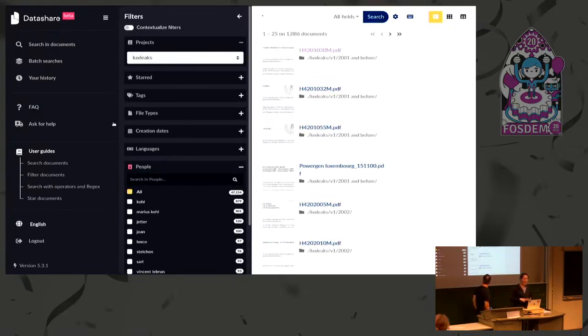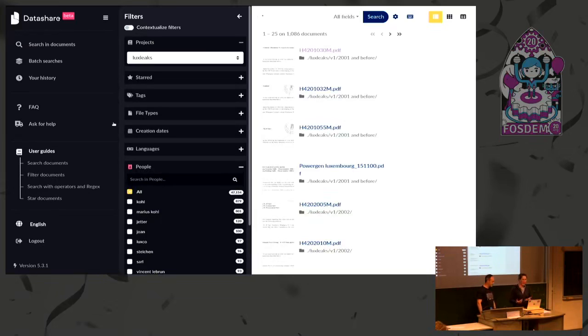So here, if I click, I can see that in my more than 1,000 documents, I will have 47,000 different people mentioned in it, and one of the main ones mentioned is Mr. Cole, who, as you all know, is the main shareholder and stakeholder of the LuxLeaks, but we didn't know it before Datashare and before reading the documents.